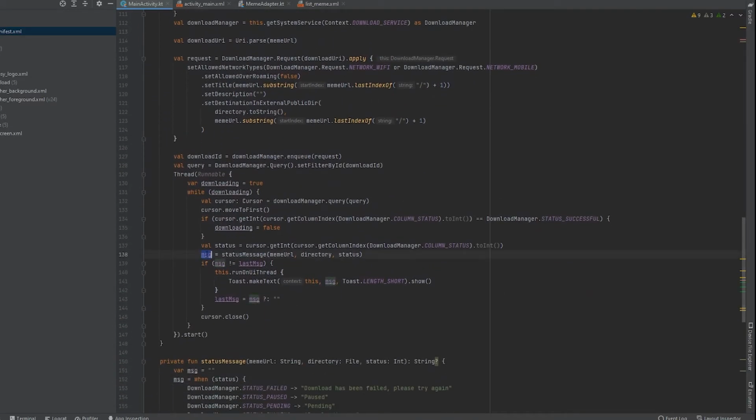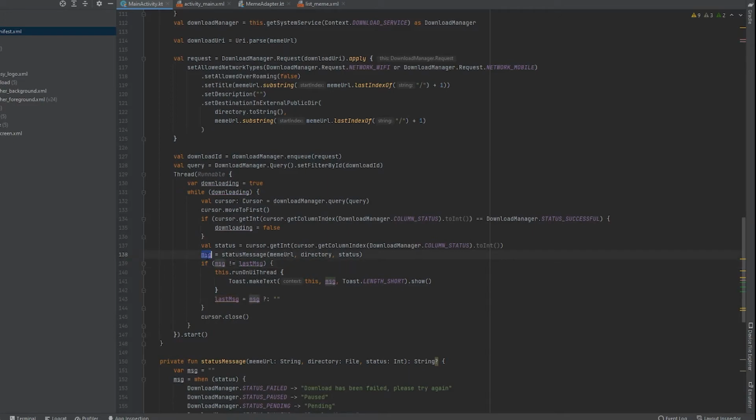So there is a message, and then I am calling a function, status message, and passing meme URL, directory and status. So these three things I am sharing to some function, and then getting the return value as a string, and then I am storing it into my message. And here I am checking for one more thing. If the message is not equal to last message, then we are running on a UI thread, and then we are showing the toast of the message.